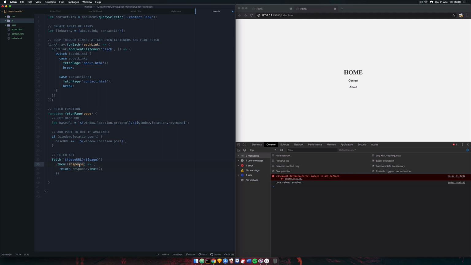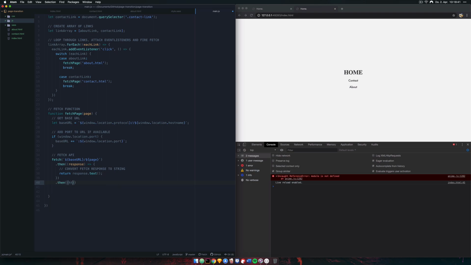The response, I think, equals to whatever content has been fetched from the API. So we're taking that content, we're converting it into plain text. So let's just write that out here. Convert fetch response to string, and then